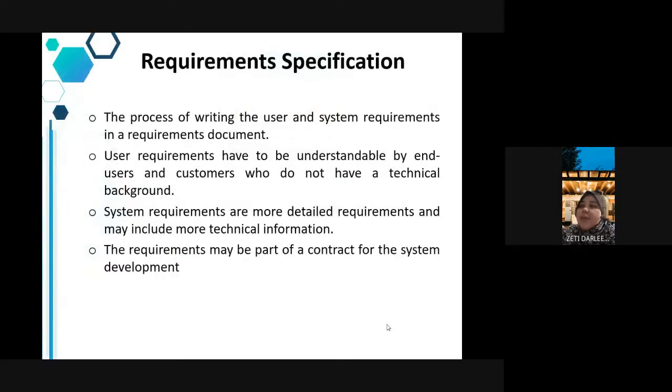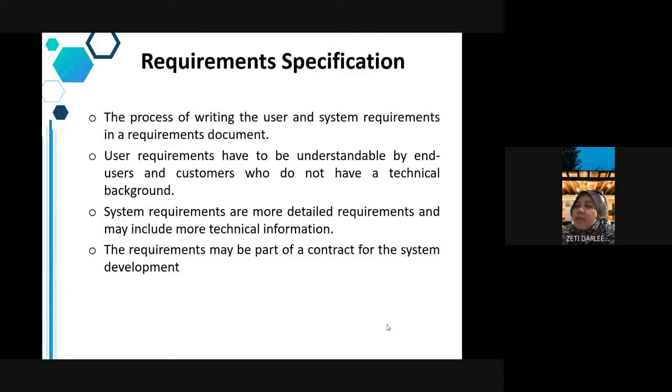Apa itu requirement specification? So basically it's a process of writing the user and system requirements in a requirements document. It's basically a document. Specification is a document. So user requirement, tadi kita ada belajar two types of requirements. User requirements have to be understandable by the end users and customers who do not have a technical background. So the writing style, the wording that we choose for the statement is dedicated for the reader non-technical background,